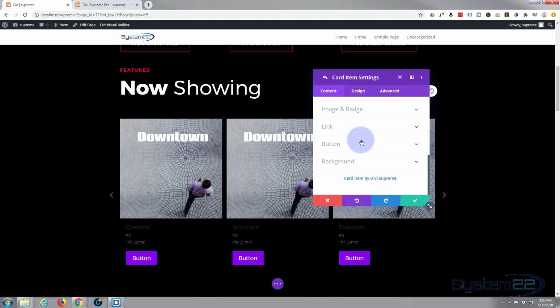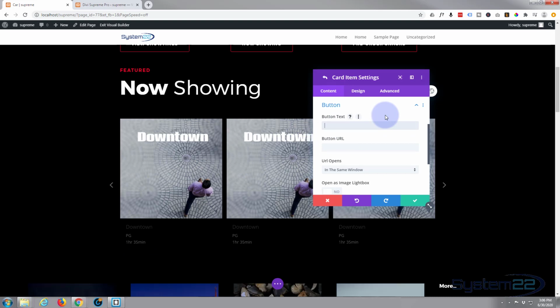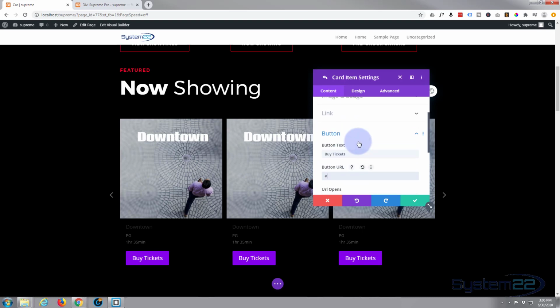For the button, let's say get tickets or buy tickets or whatever you want to say. Then put in the URL, obviously, where you want your button to take them. If it's a WooCommerce product, you can take them there, or whatever it is you're building. I don't need one particularly because I really haven't got any tickets, as this is not a real site. Okay,